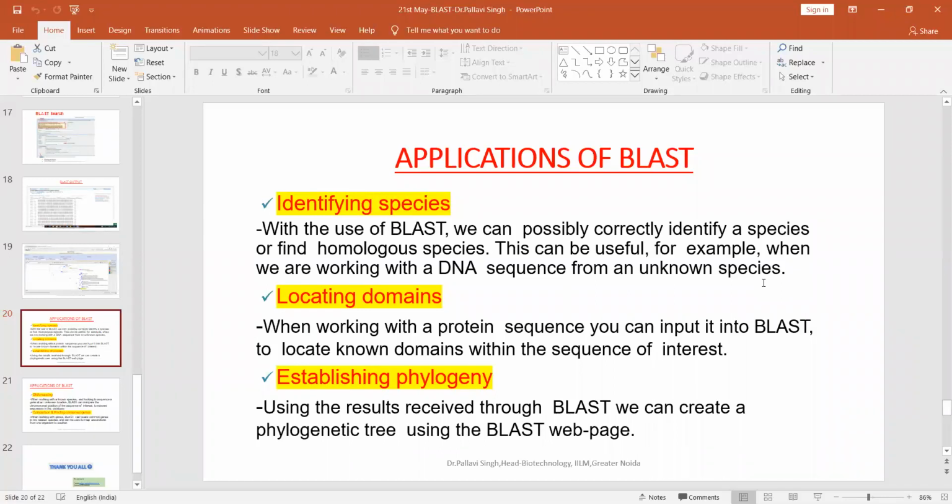When you are working with a protein sequence, you can find the conserved domains within your query sequence by using BLASTP or PSI-BLAST. Then third, as in the figure, we can find out the phylogenetic relationships. The evolutionary relationship between various proteins can be found out using BLAST. So identifying the species, locating the conserved domains, and establishing phylogenetic relationships are applications of BLAST.